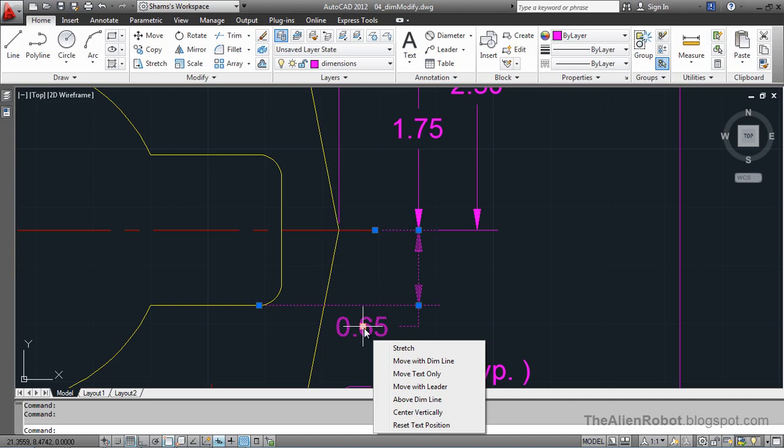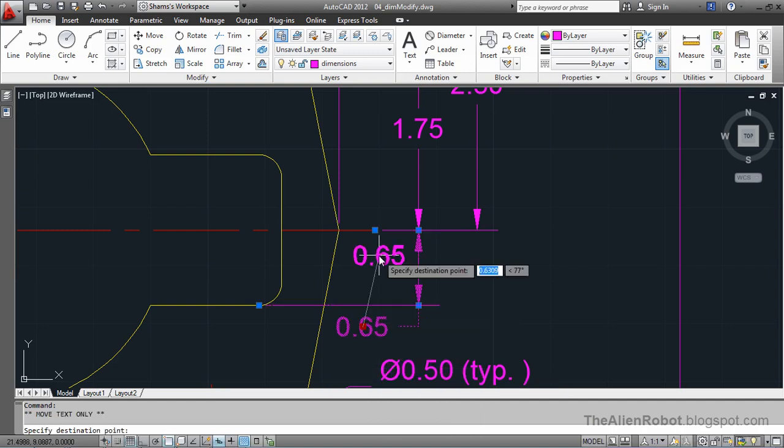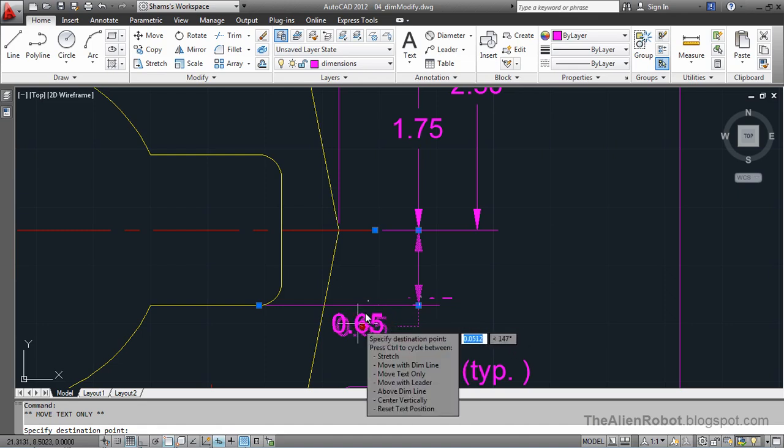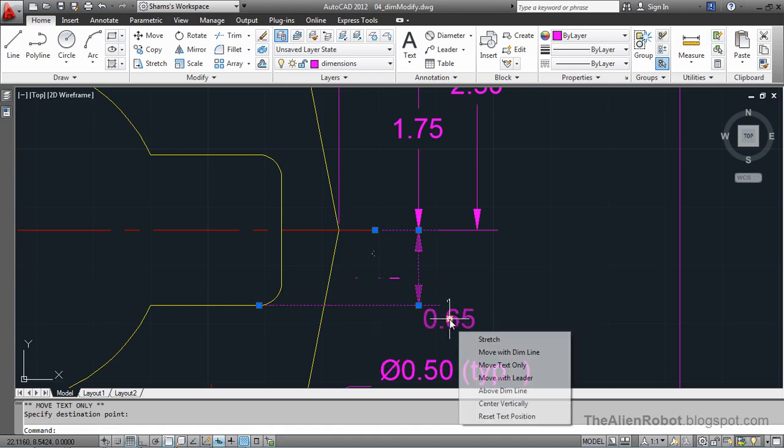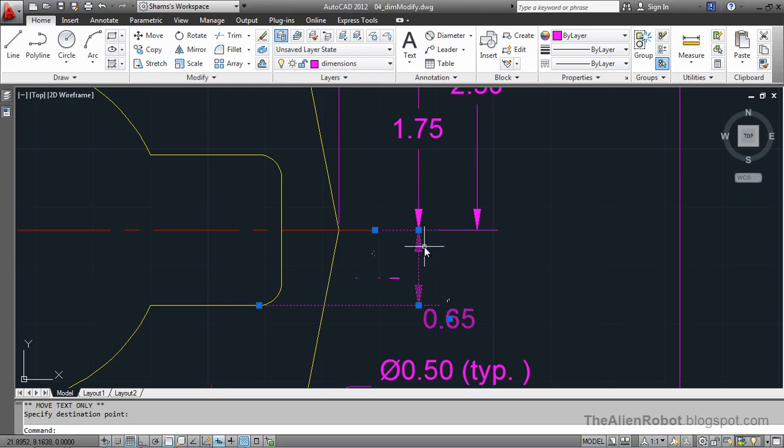There's four, and I'm going to use the move text only, and I can move it anywhere I like. I'm going to put it right here, let it be there. Okay,